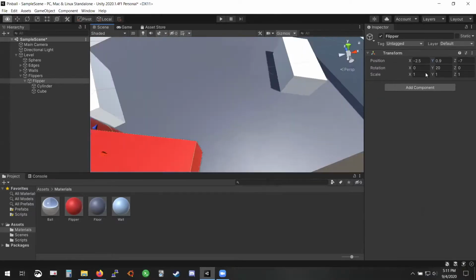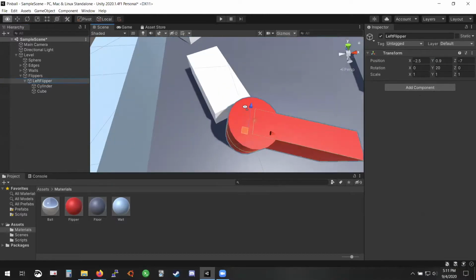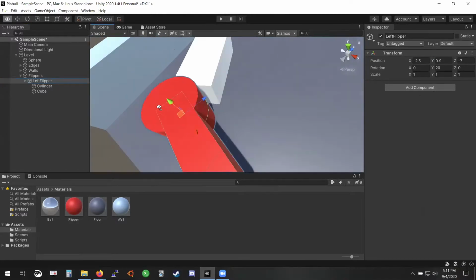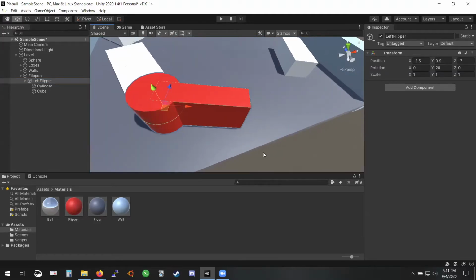Okay, so then on the base flipper, not on the cylinder or the cube, the base flipper, we'll just use this. It will be our left flipper now. I'm changing this to be called left flipper. So with our left flipper selected, you can give it these transforms and it will line up pretty nicely here. And then we can start making it move pretty soon. But I do want to wait for